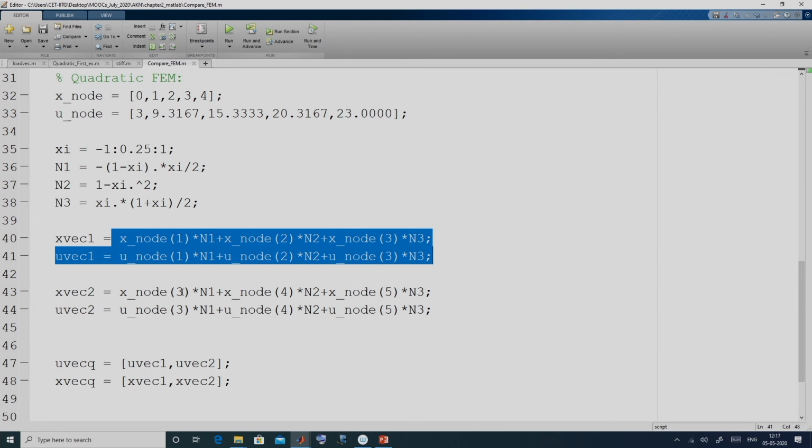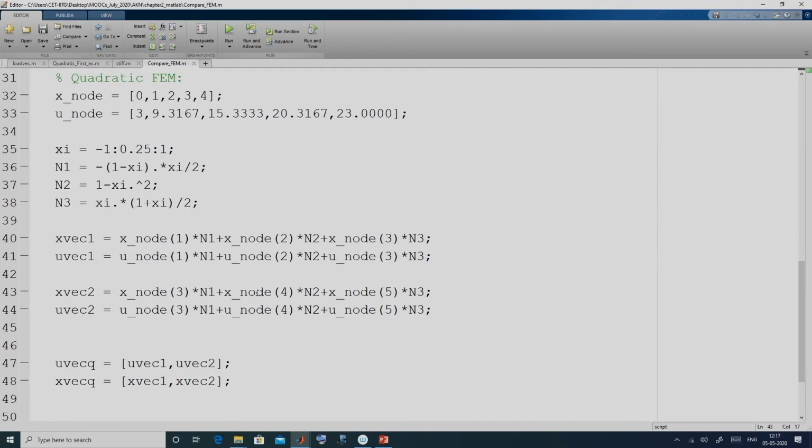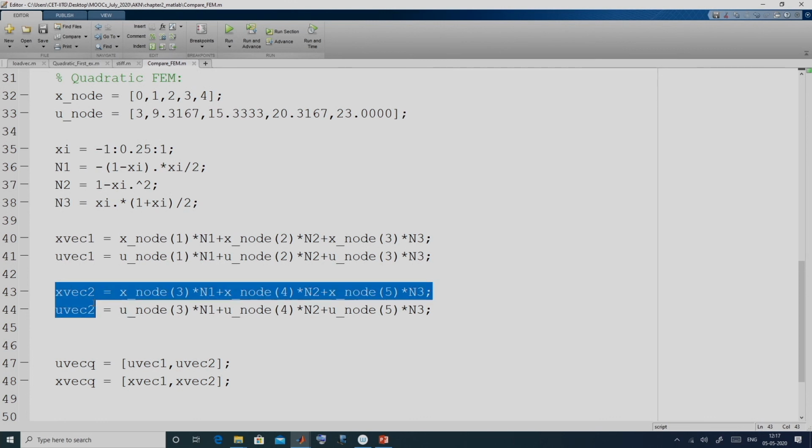For element 2 only the nodal values change. These are for the third node, fourth node and fifth node. These are now the 3 nodes for the second element, and we get x vec 2 and u vec 2, which are the distribution of x and u across the second element.